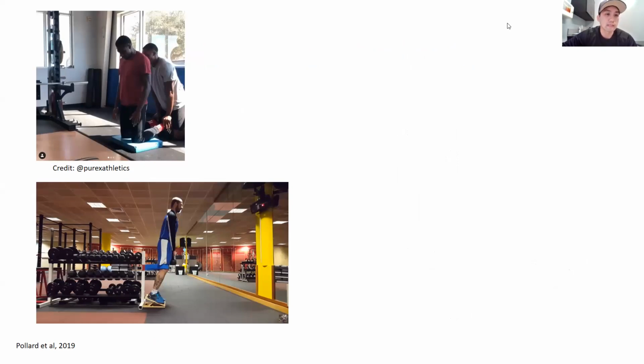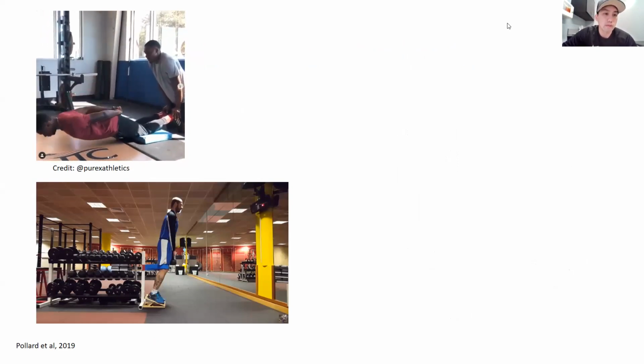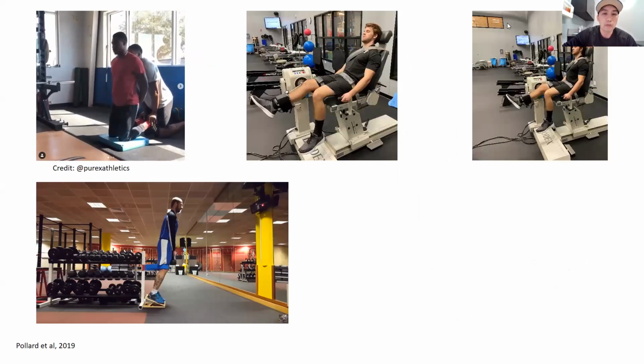So you have the classic Nordic hamstring exercise. You guys have all seen it, but notice this one, it doesn't mimic the velocity that the muscle has to work through. And it also doesn't replicate the hip angle position at that late swing phase that most people get injured in. You can do variations with the isokinetic, so you can change different speeds and change the hip angle using the seat. But again, this is isokinetic, and it may not really relate to how people run